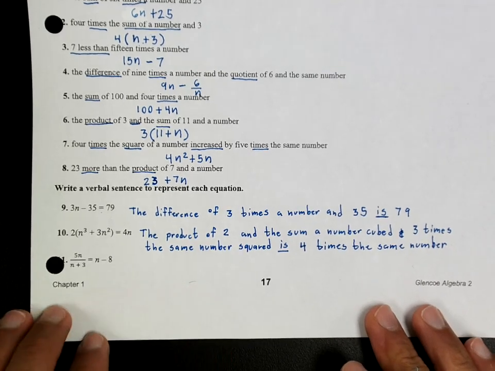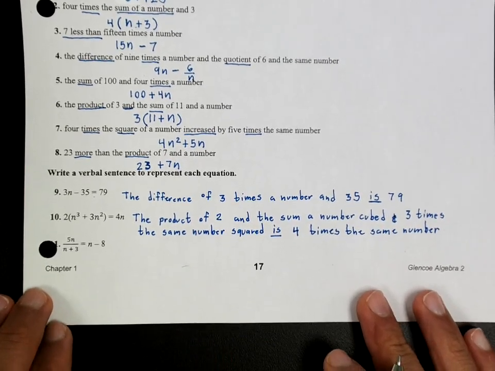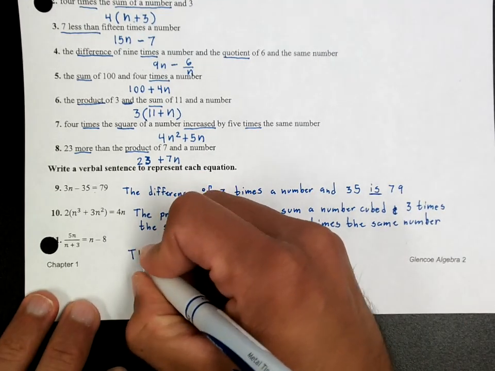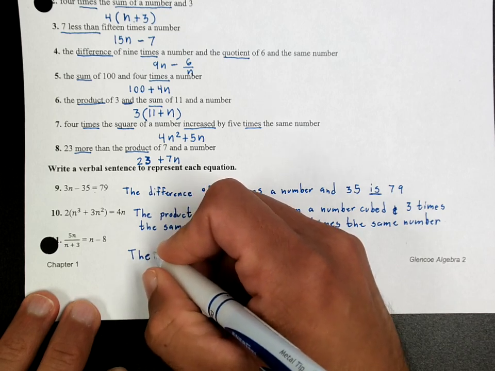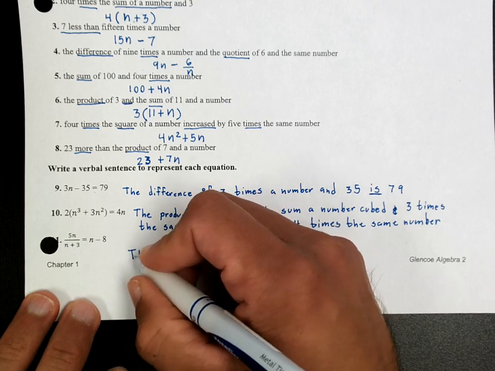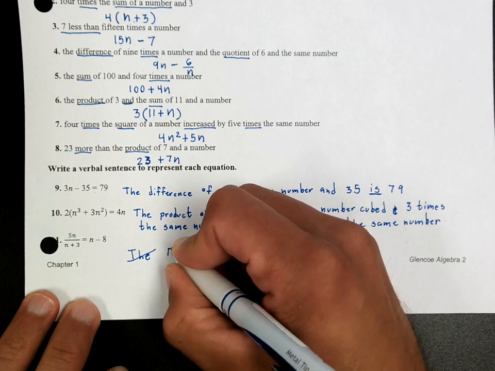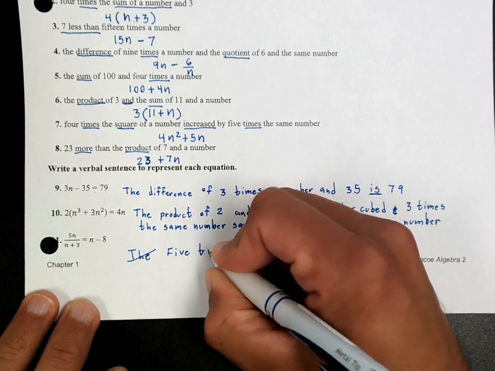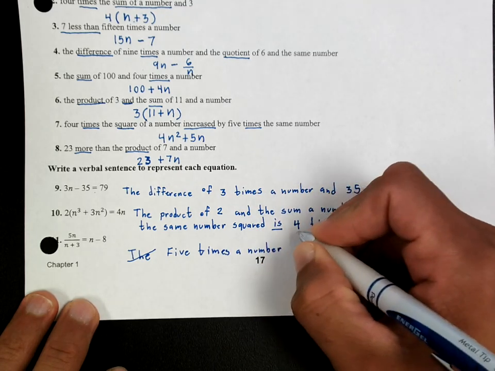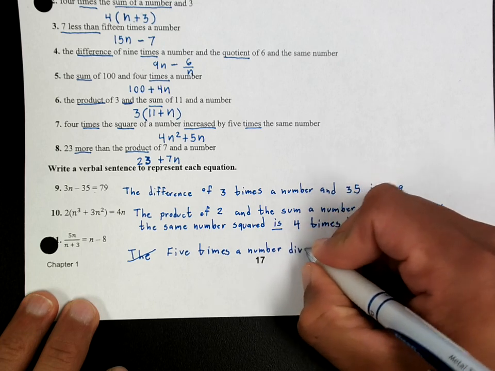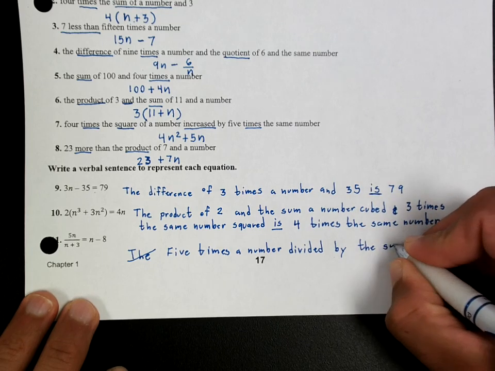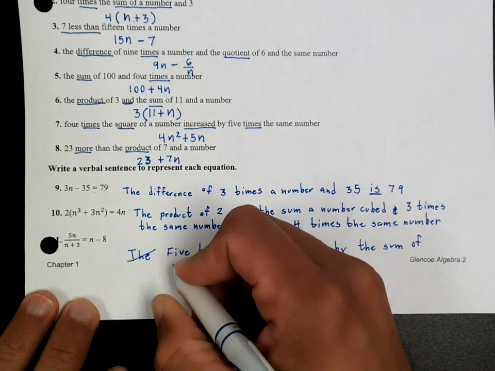Okay? And then now on number 11, again, there's definitely more than one way to do this. On this one, I'm going to say the quotient of 5 times, or you can even say 5 times a number divided by, which might be easier, so let me write that instead. I'll write 5 times a number divided by the sum of